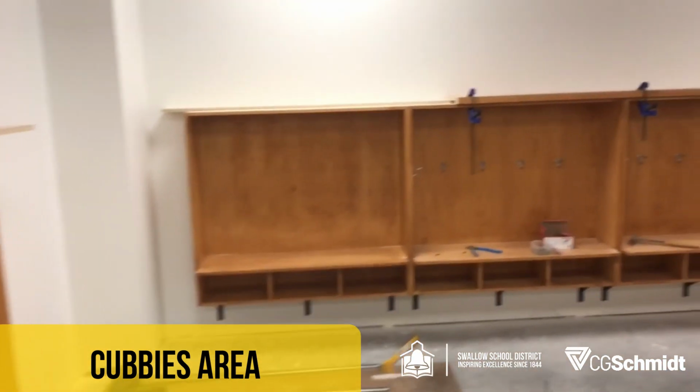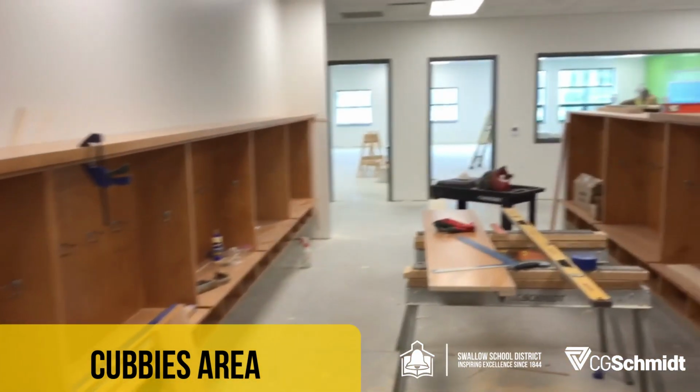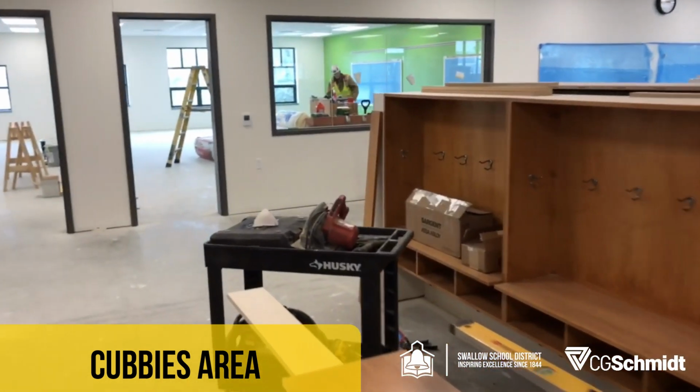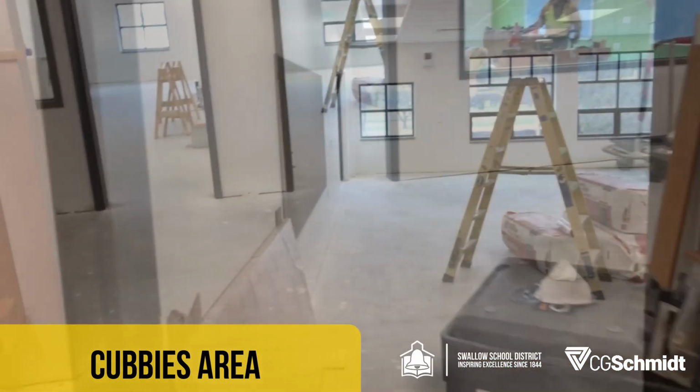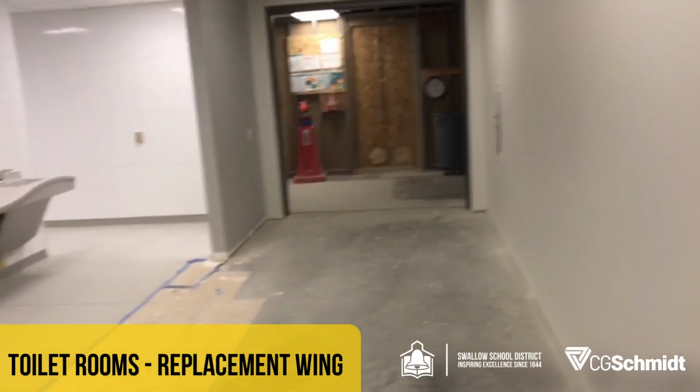So over the course of the next week, all the cubbies and tops should be fully installed. And then from 4th grade, again as we continue east towards the existing building,